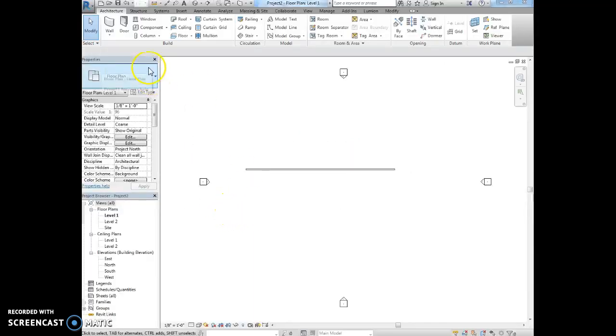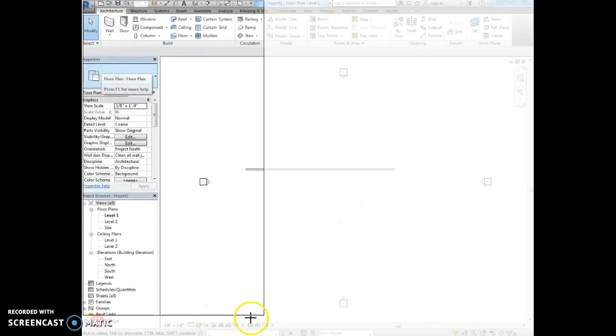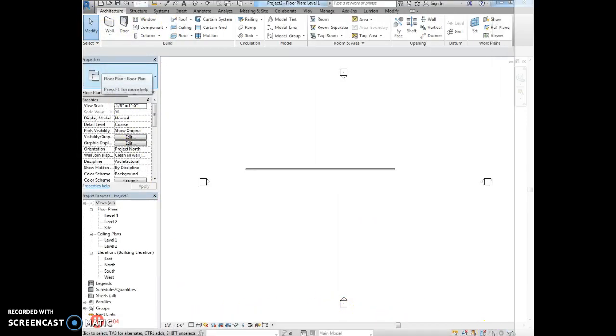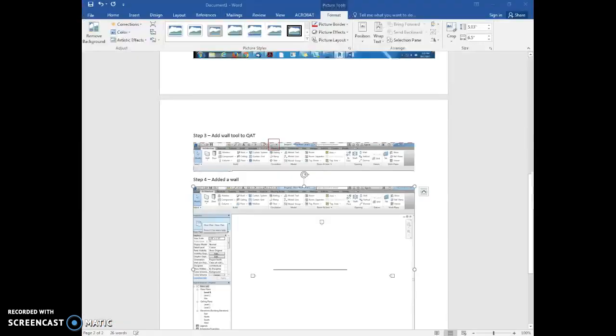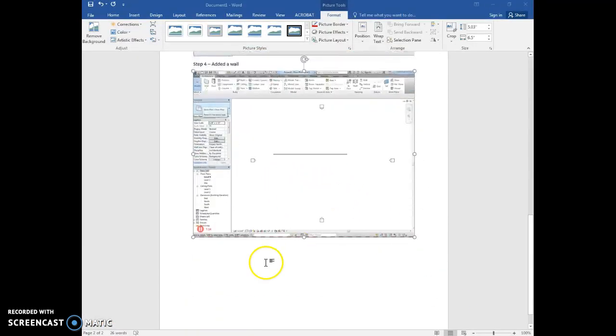Whenever you're adding something, try to get in the Revit window. Again, sometimes I need to see what's in that properties box. So let's just cover the whole Revit window. There we go. Now I can see that you added a wall. And you would just continue to follow through and you would take screen captures of all the steps that are